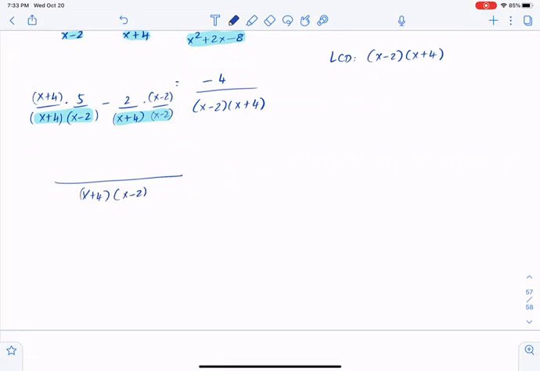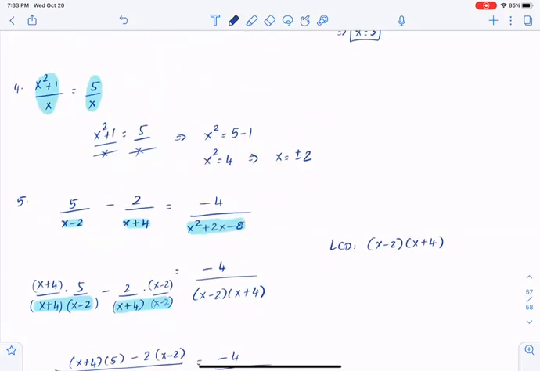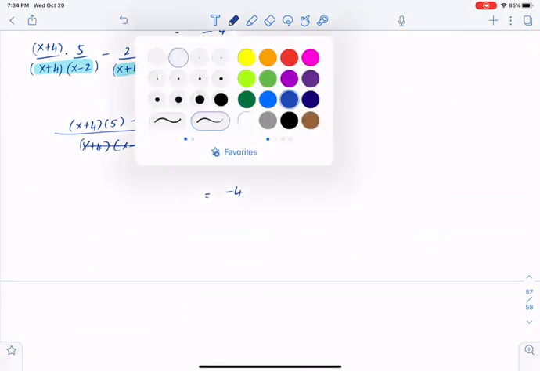Since I have a common denominator, I can combine the numerators. So x plus 4 times 5 minus 2 times x minus 2 equals negative 4 over x minus 2, x plus 4. Like we did in the previous problems, we have an individual rational expression on the left-hand side, individual rational expression on the right-hand side. I can directly cancel the denominators. So those two would go away. So we will have -4 on the right-hand side. Distribute the 5 and -2,